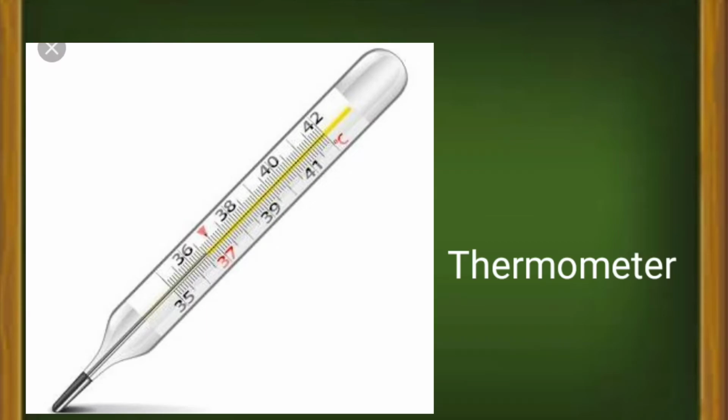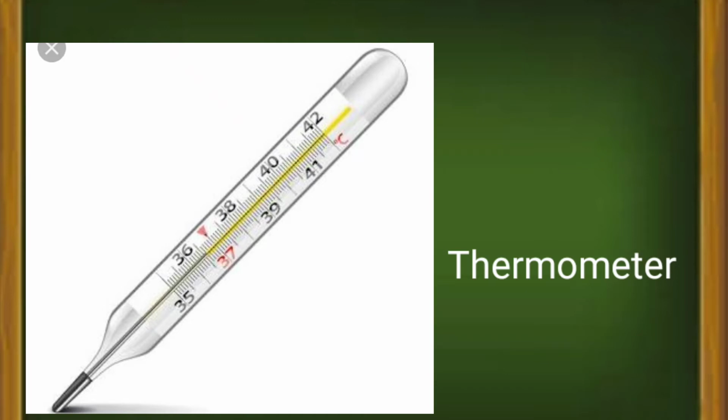The main function of the thermometer is to measure the temperature of the atmosphere. Students, you must have seen a thermometer in the clinic or dispensary or maybe at home. A thermometer is made up of a glass tube which is filled with mercury. The mercury expands on heating up and contracts when it cools down. Due to this fact, the liquid in the glass tube rises when the temperature rises and falls when the temperature falls. The temperature is recorded in degrees Celsius or Fahrenheit.